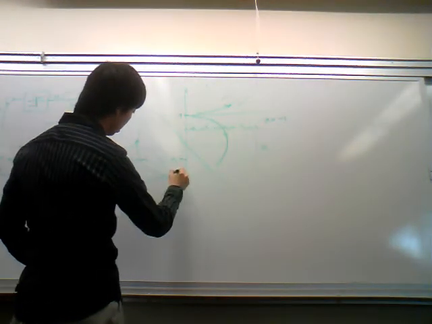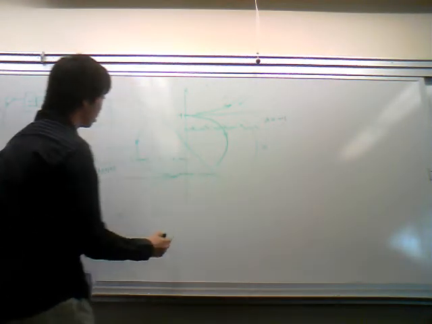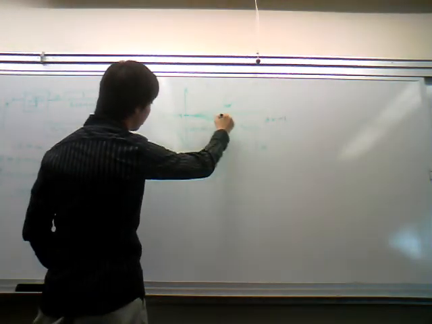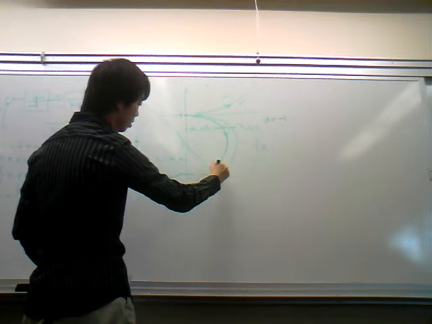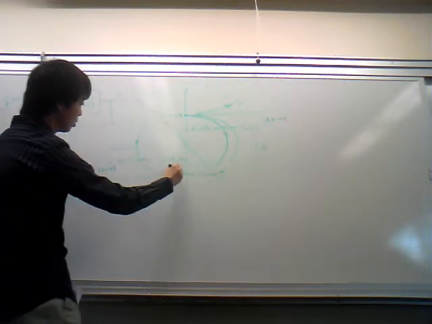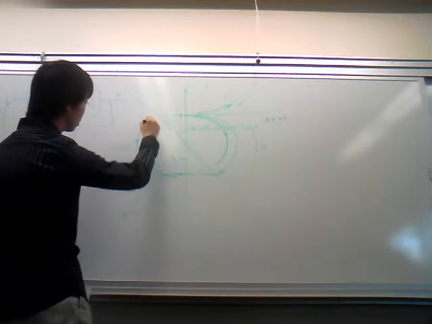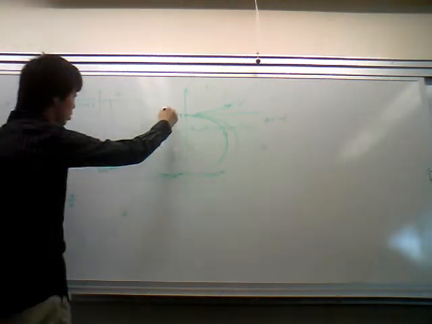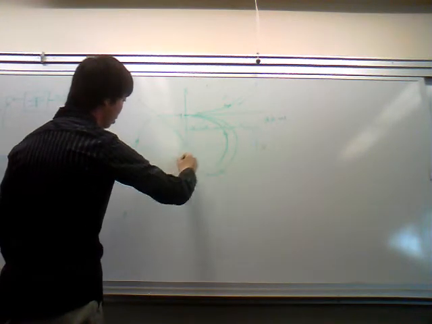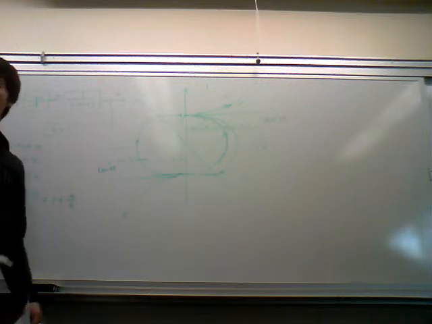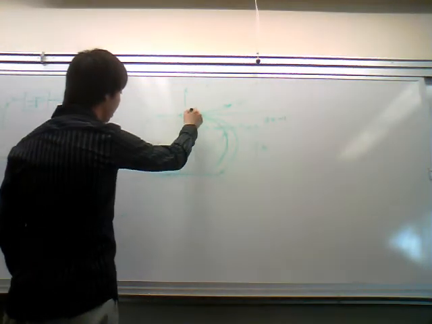If you look at this region right here, we have a trajectory that comes and meets this point, and over here we've got a trajectory that's here. You can show that this whole region in here is controllable,